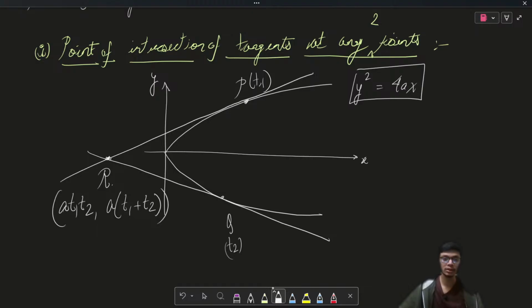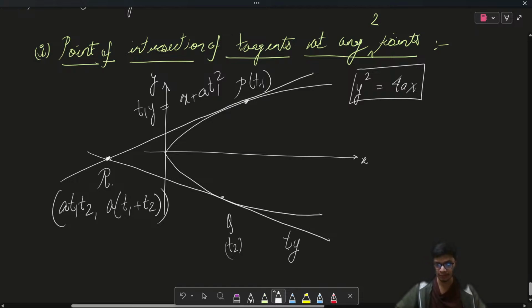So this is how the coordinate of point R is going to look like. All right, so let us try to see how we can come across this particular result. It is very simple to derive: we can easily write the equation of the tangent in parametric form for point P, and that will turn out to be t1y = x + a t1 square. In a similar manner, the tangent for point Q will be given as t2y = x + a t2 square,